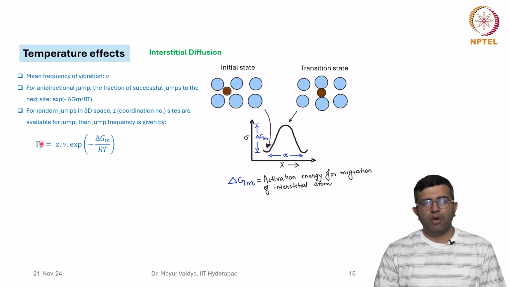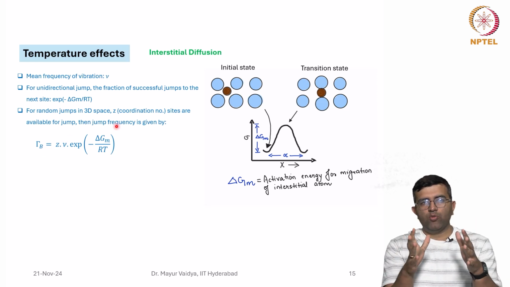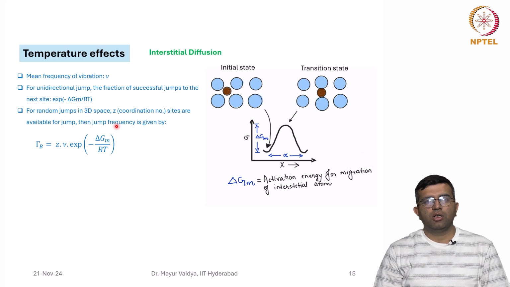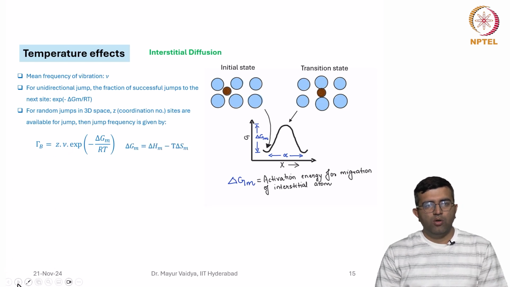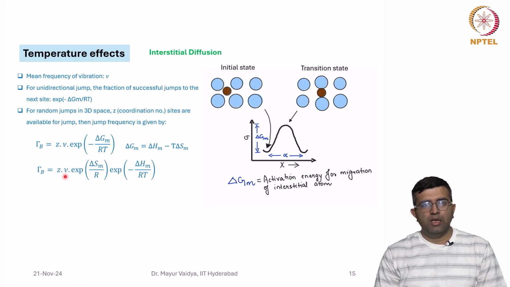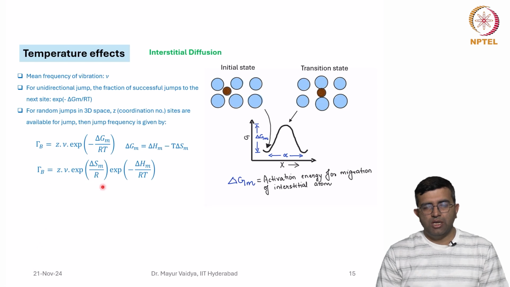So lesser is the barrier, higher will be the gamma. Similarly, nu is the mean frequency of vibration. If the atoms are vibrating with more frequency, then your jump frequency also becomes very high, and Z is the coordination number, how many sites it can jump to. Now this delta Gm can be written as delta Hm minus T delta Sm. So if we separate this, then it becomes Z into nu into exponential delta Sm by R into exponential minus